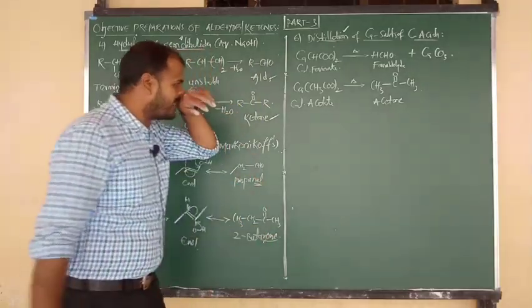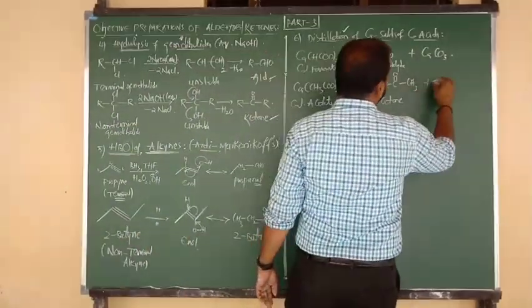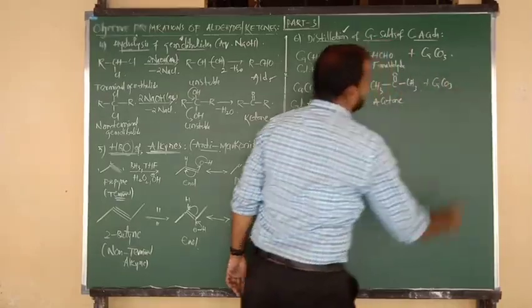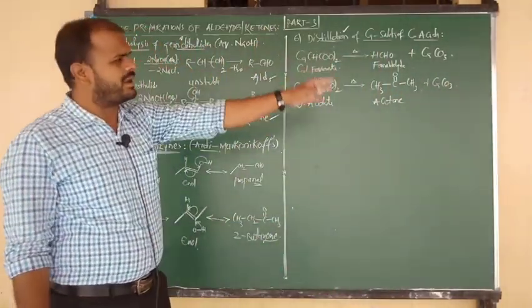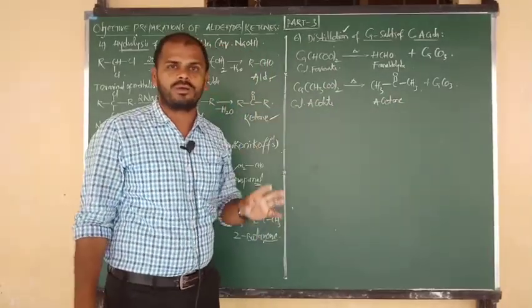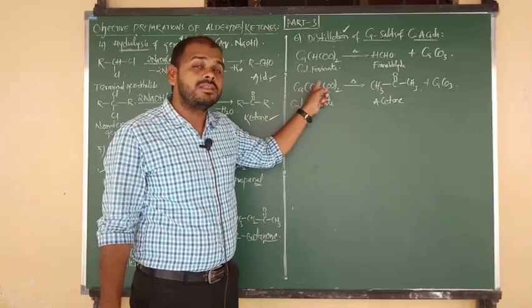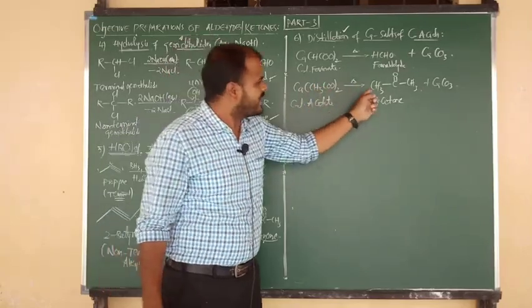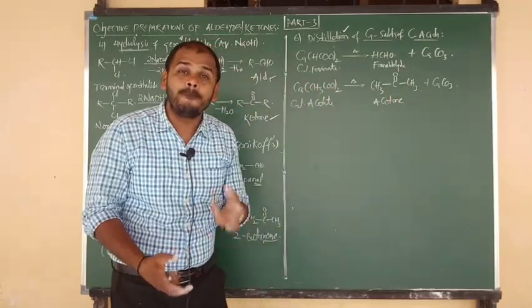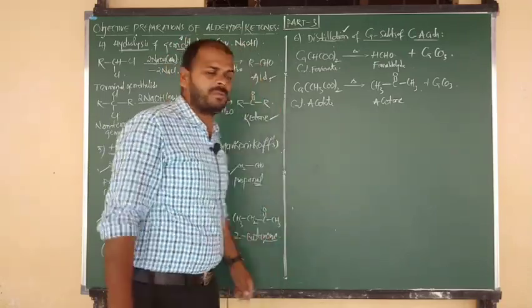Understood? Good. Yes, the remaining calcium is there. Again, calcium is eliminated in the form of CaCO3. So calcium formate upon heating gives formaldehyde, and calcium acetate upon heating gives acetone. Suppose in place of CH3 I write benzene, that is calcium benzoate. Either benzene, either benzene, that gives benzophenone. Like that, all types of aldehydes and ketones you can prepare here.